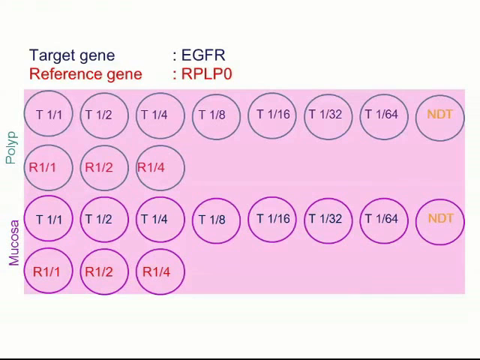Non-polypoid mucosal cells. We are going to compare the amount of EGFR mRNA expression in two groups. We need an internal control gene expression level as a standard. In this experiment, we select the RPLPO housekeeping gene. We use different dilutions mainly because of